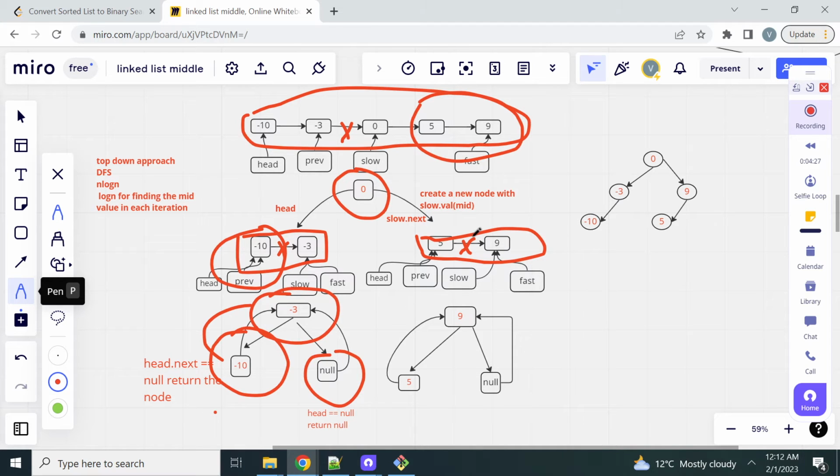For the right part, again we have to find the root node for the right subtree and the corresponding left and right children. For the elements 5 and 9, we find the middle node using the slow fast approach. Head is pointing to 5, previous will also point to 5, and slow and fast point to 9. So we take the element pointed to by the slow pointer as the root node for this subtree, and the elements on the left of this node